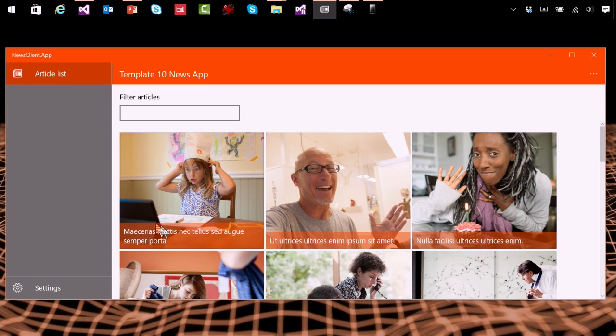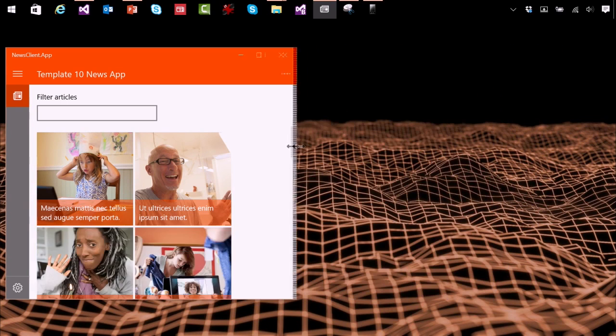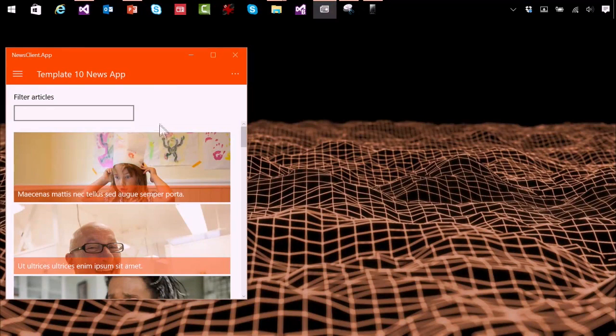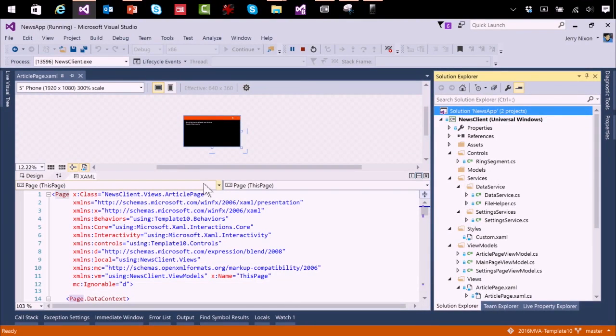But I also want to change the layout. So in this case, we've changed the height and width, so it's gotten a little bit bigger. And if I were to go slowly back, you'll be able to see the difference. I can go back, they've gotten slightly smaller as well. And then I want to have that experience as I go narrow. Each of these maps to all three of the visual states we use in Template 10 automatically, this idea of greater than 0, greater than 520, and then greater than 1200. And so they go all the way across and make some nice changes. And these are done in an easy way. They're just done by setting the